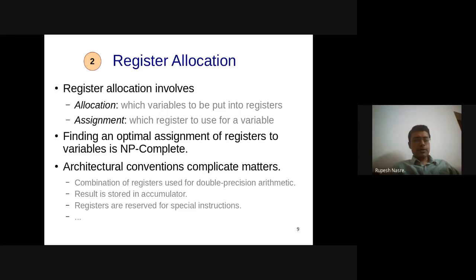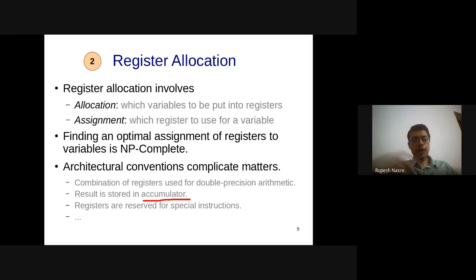Some of these are mentioned here. Another aspect is that in the case of the accumulator, there are implicit assumptions. Some instruction may refer to, let's say, the BX register and the SI register, and its effect is actually visible inside the accumulator.